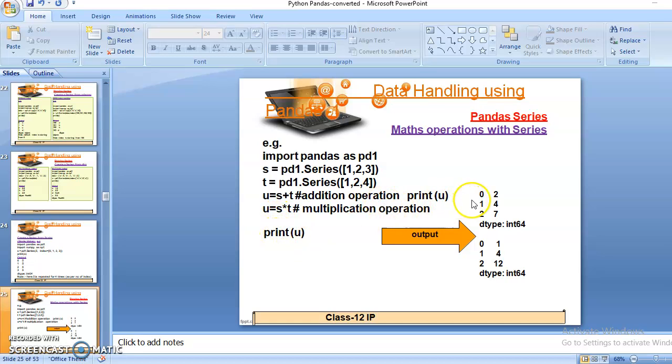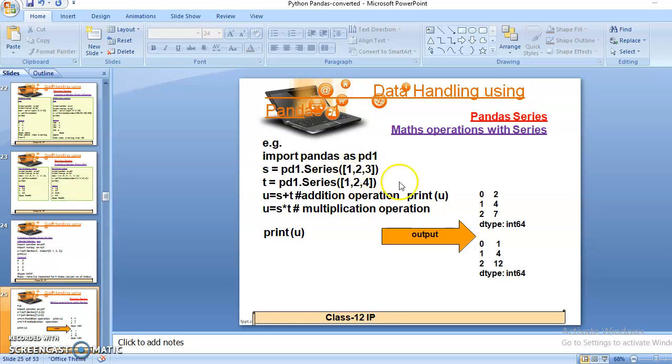You can check the output of the first U, when I executed the addition operation on both series. Both series contain three elements, and how can we tell that the addition operation is performed? I can check here that the first element of the first series S is added with the first element of the T series.